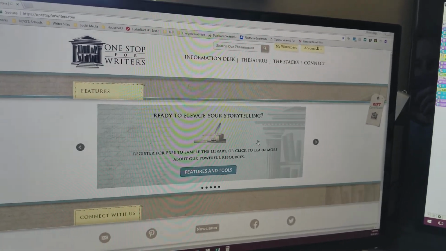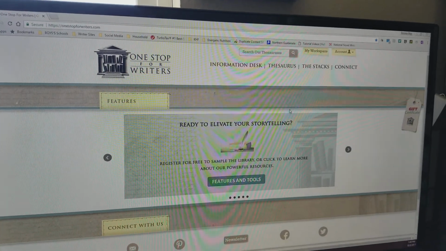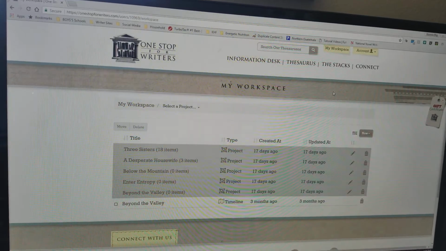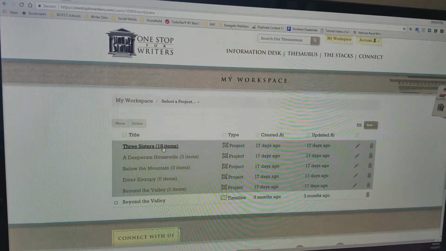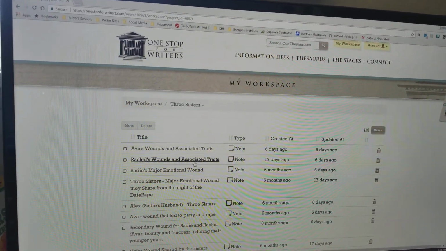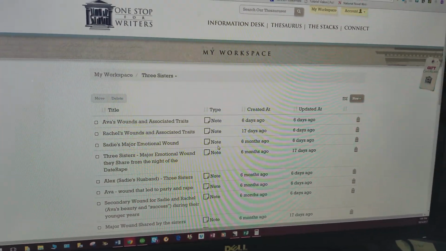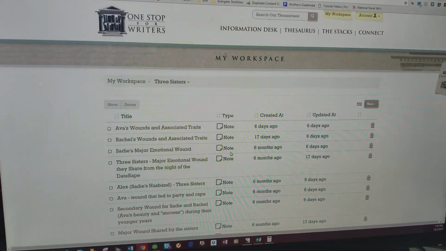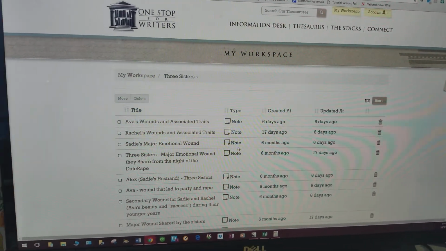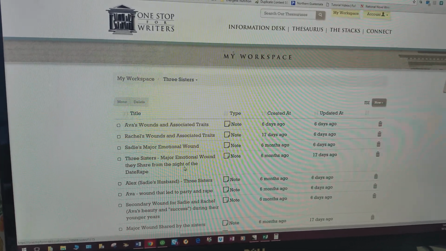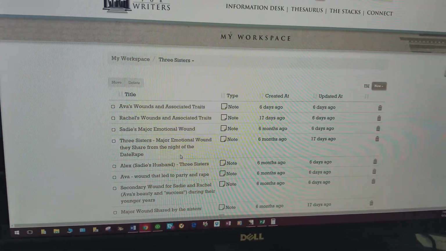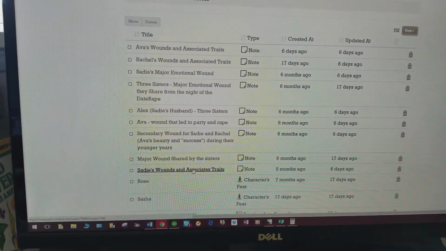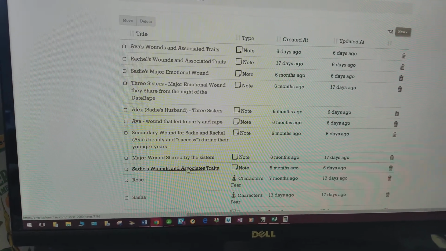at this point I have organized my workspace a little bit more here, and I have created a folder here for 3 sisters, and I've started creating different notes and documents to help me organize each of the sisters' journeys, their backstories, their individual and shared wounds. So here we are, and we're going to go through Sadie's wounds and associated traits, because this is the one I've completed the most, and I've also printed these pages